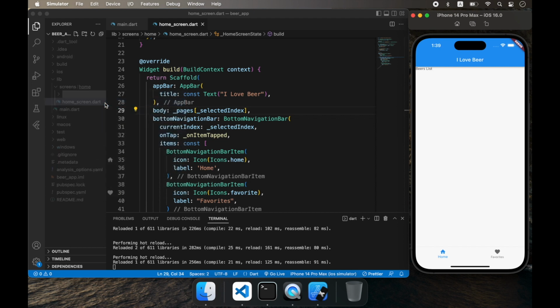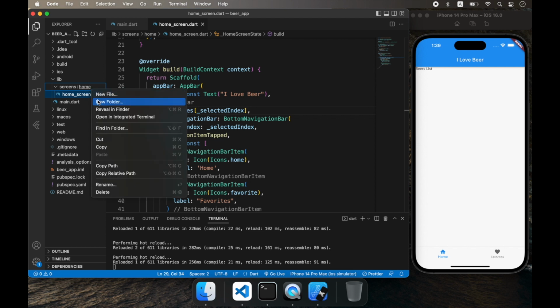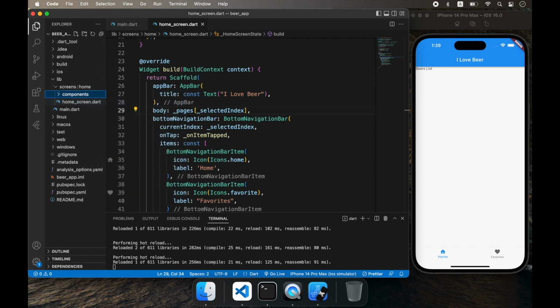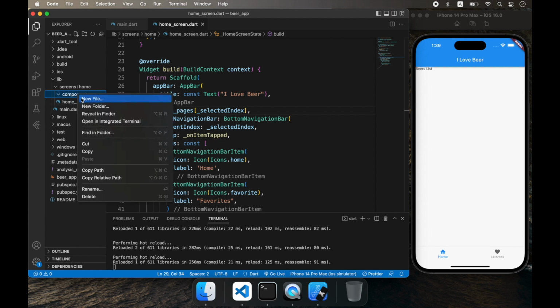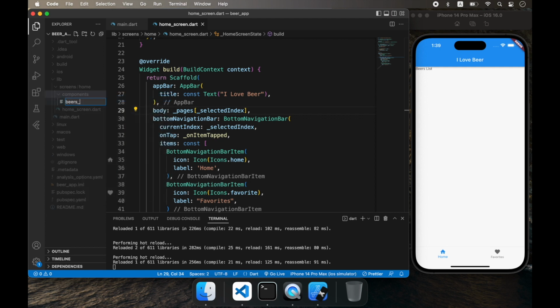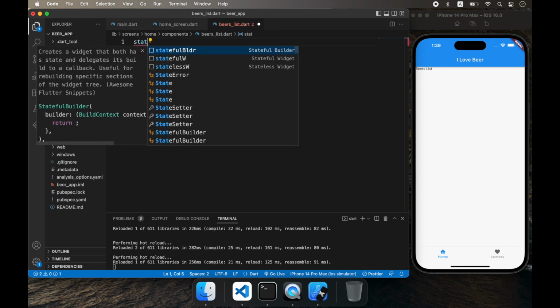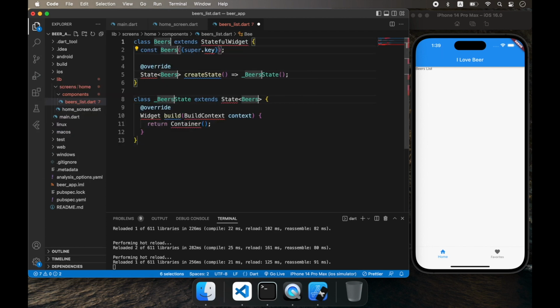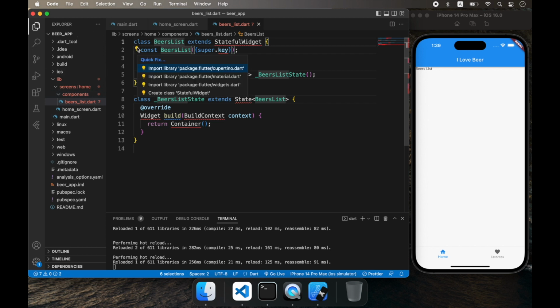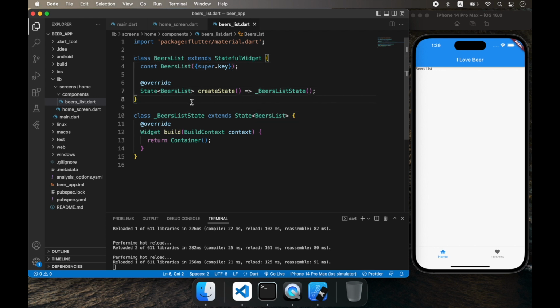Now let's focus on the beers list widget. I will first create the components folder inside of the home module. This is a place where I want to put a beers list widget. So I will create a new file. It will be called beerslist.dart, and I want to create a stateful widget with the name BeersList, and I would also need to import the material package. So we have the template for the widget,